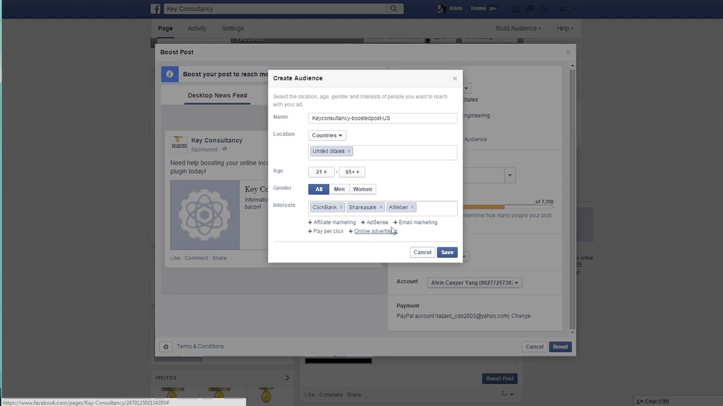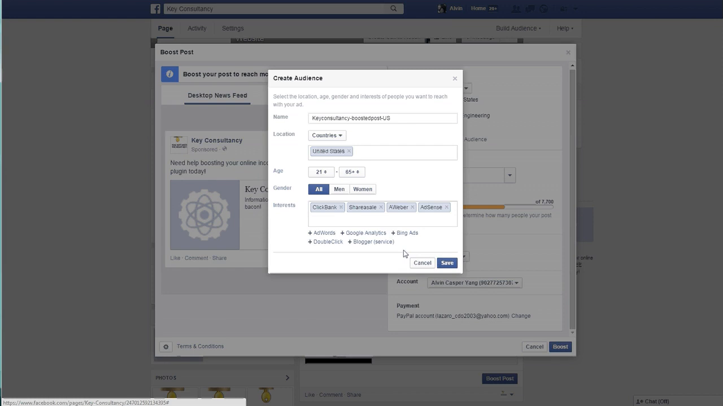Aweber. As much as possible you can target anything that is related, but do not be too broad in a way that you're targeting just about everyone and not just the market you're after. Because if you target, let's say, Bing Ads and Google Analytics, it's not just the affiliates or the online marketers you're targeting. You're also going to be targeting other people like website owners, for example. So once you're happy with the interest, just click on save,